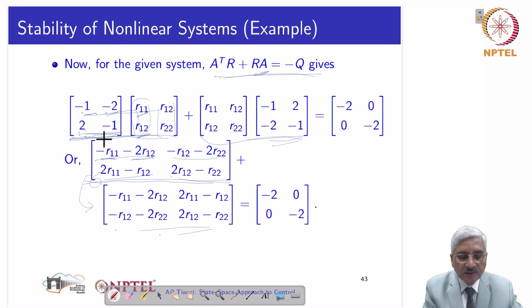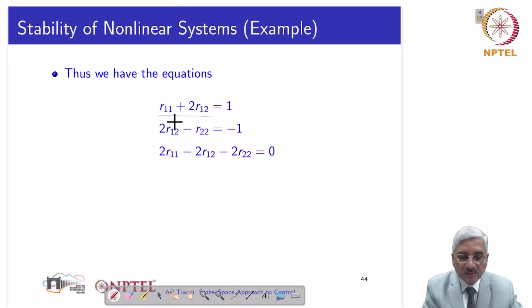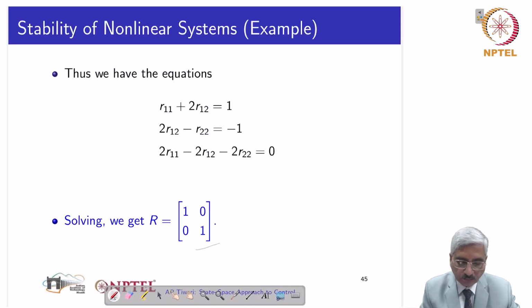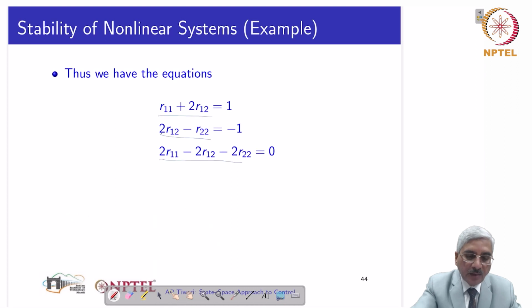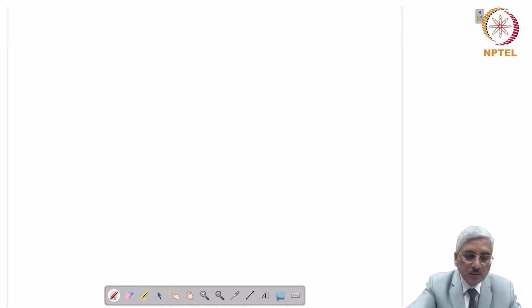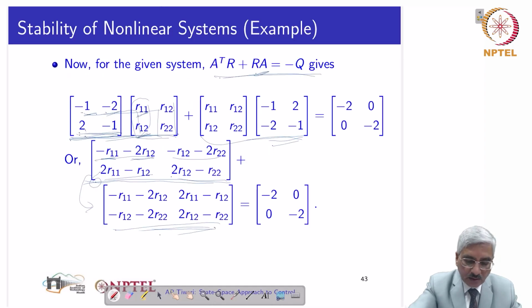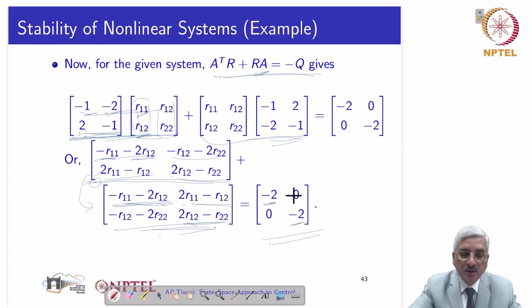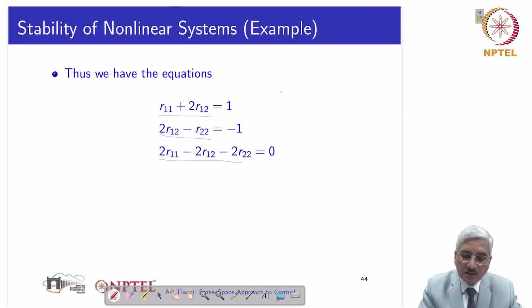So we can determine one of the products, take its transpose to get the other matrix, and now we add them. So after adding, we get these three on the left hand side, and by comparing that to that Q which was selected, I am sorry for some goof up, we equate this equal to minus 2, this 2 equal to minus 2, and this equal to 0. We get these three equations,